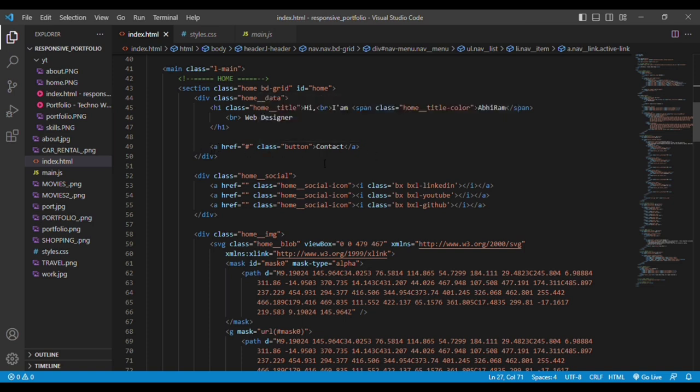Then another div is the social media icons we want to showcase. So here we have LinkedIn, YouTube and GitHub. LinkedIn and GitHub. Then we have the next div